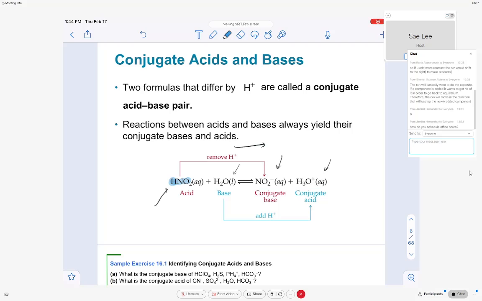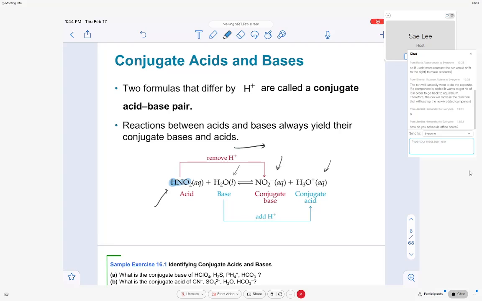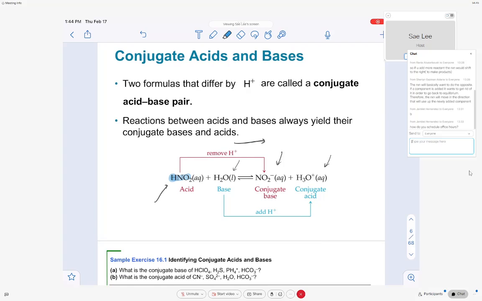Dr. Lee, I'm sorry. So then this is the third form of acids and bases? No. This is like an extended concept. Extended concept? Yeah. So we've learned about basic concepts of acid and base. We're going to learn about an extension of acid and base. Thank you.